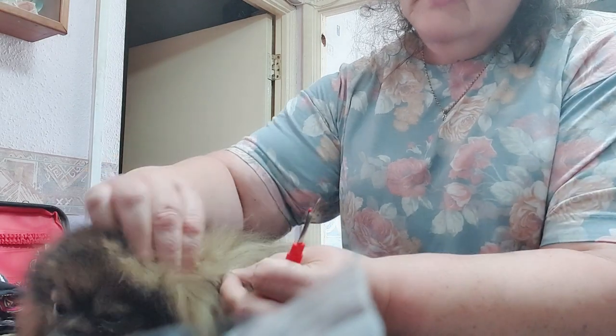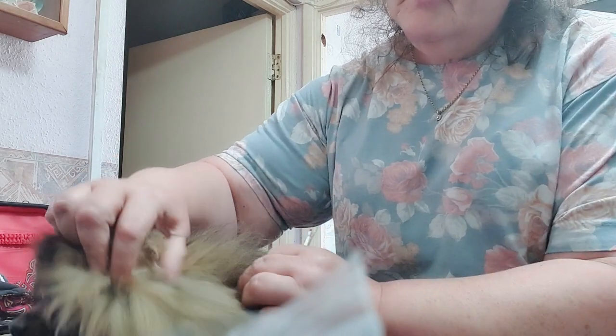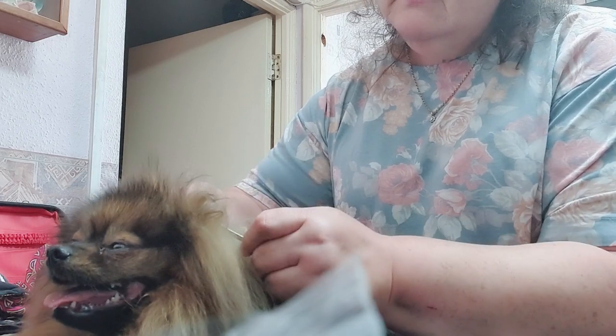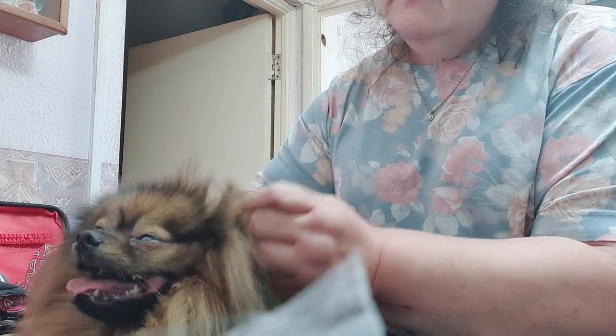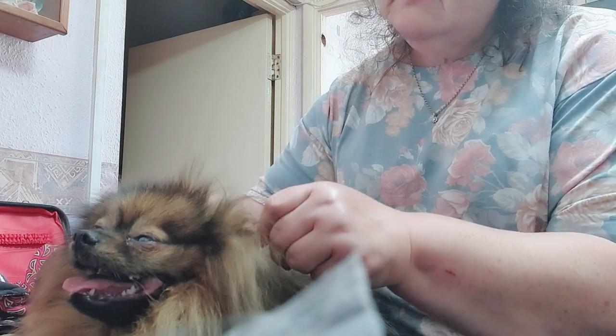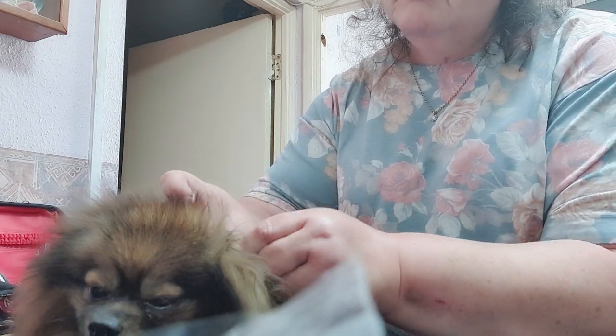But there we go. That's the basics of how to use your stitch picker, of getting the little mats out from behind the ears without having to cut them out and leaving big gaps and holes in your dog's coat. It's just a matter of easing them out. So you've still got the length, you've still got the main body of the coat, and all you're doing is just easing it out and drawing that fluff out that's got all pilled up,